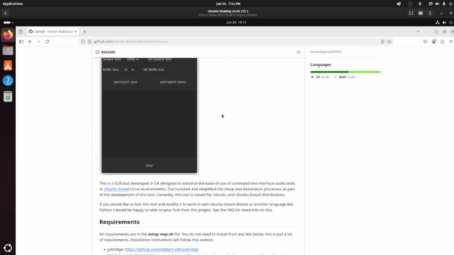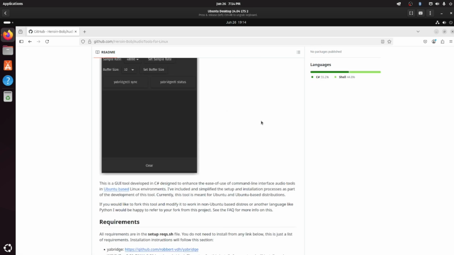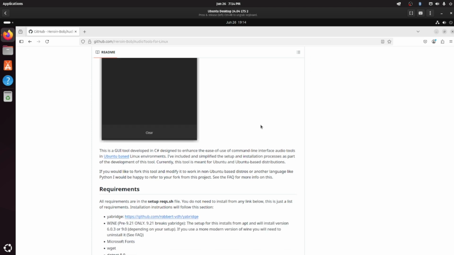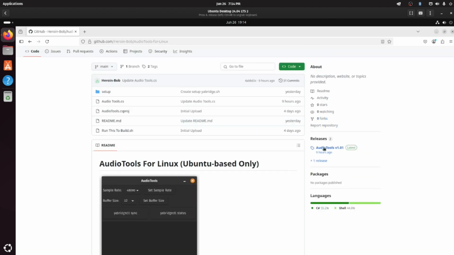If you want to just get this and you already have Yabridge working, you've already got PipeWire working, you're already using Windows-based plugins in Linux, then the rest of this video is not going to be for you. I'm just going to show you how you can get this real quick, and then we're going to go through the new automated setup process for anybody who's new to this whole environment. So for those of you who are just looking for this tool, the download is going to be right here